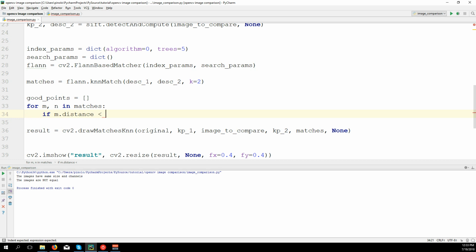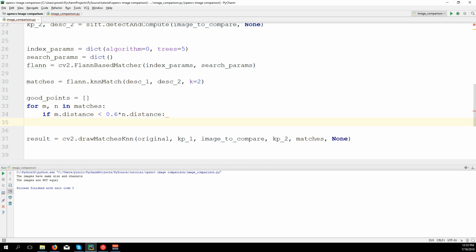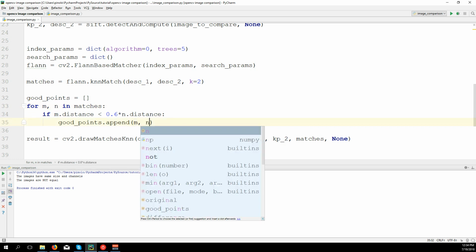The lower the distance between these two elements, the better the match. So the ones that have big distance, we're going to not take them, only the ones with lower distance. So we multiply by 0.6 for the moment the n distance. Good points dot append m and n,